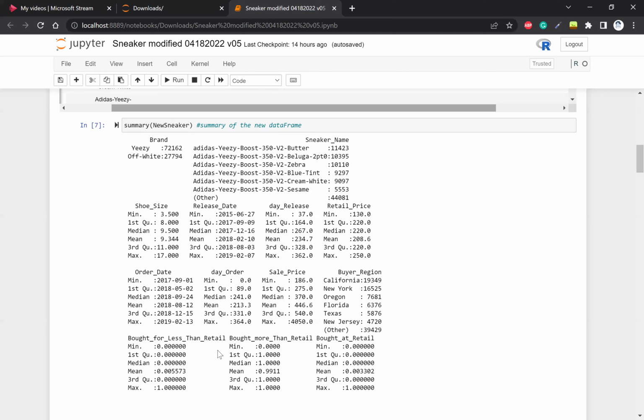And for our third new column, as you can see, there are only 2 values. That's why the minimum is 0 and the maximum is 1. But if you look closely at the mean,